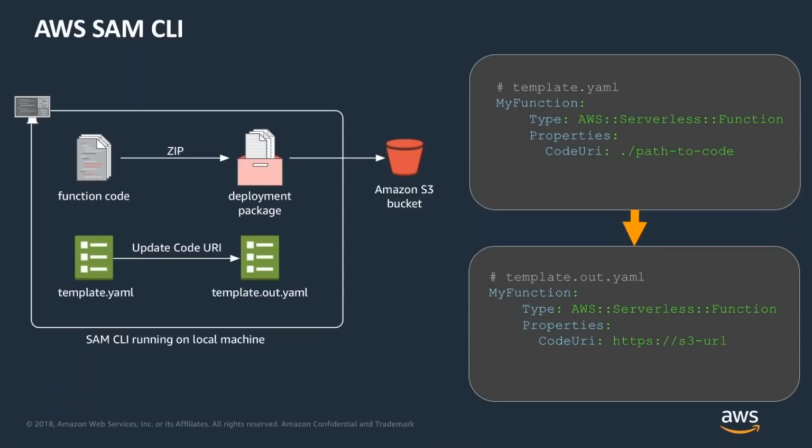So all of the details around how you zip up your code, how you create that deployment package, how it makes its way out to S3 and gets versioned, and then updating those links within your template, all of that piece is now managed by this CLI tool. It's very easy to automate, and very easy to integrate with your local build process. And so now you can use SAM CLI to package all of your code, upload it to S3, and update